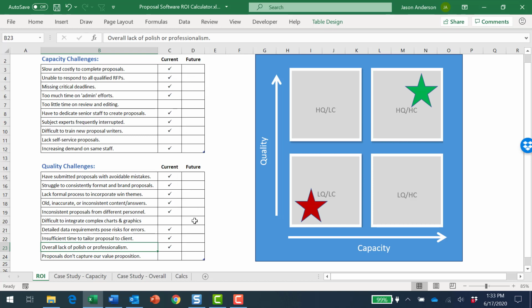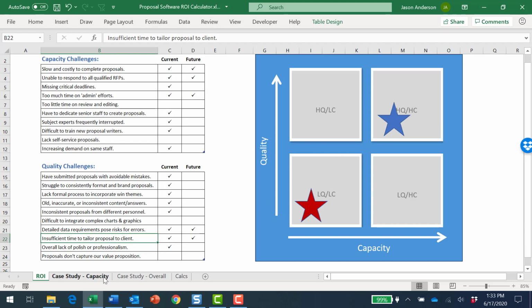This future state column allows me to say what's reasonable, and I'm just going to grab some at random. Maybe these things, I just don't know if we can ever achieve that. Maybe we can never quite achieve this one, or that might not be possible as well. But you can start to calculate quickly a reasonable perspective as to where we're at now, and from an outcomes perspective, what do we think we could likely achieve through proposal automation?